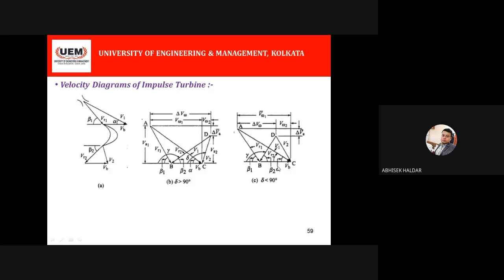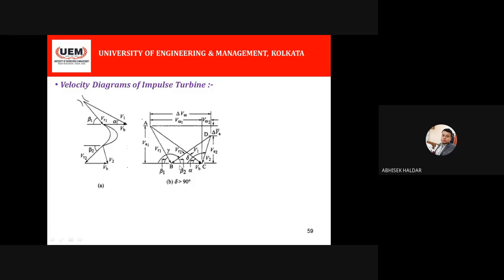But why these two types? Let me explain how we are getting this. We are just superimposing these two velocity diagrams. This is my vb, that is my blade velocity. Here also we have the blade velocity. Blade velocity will be the same at the inlet and the outlet, because this is a single blade moving at a single velocity, that we know.